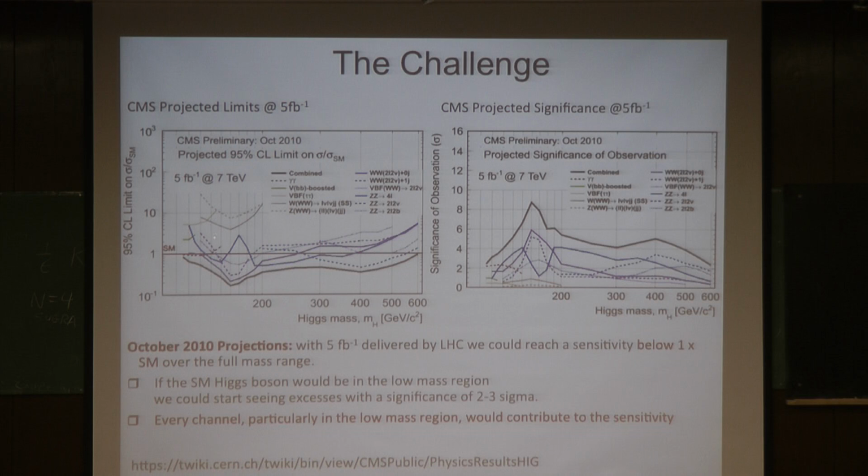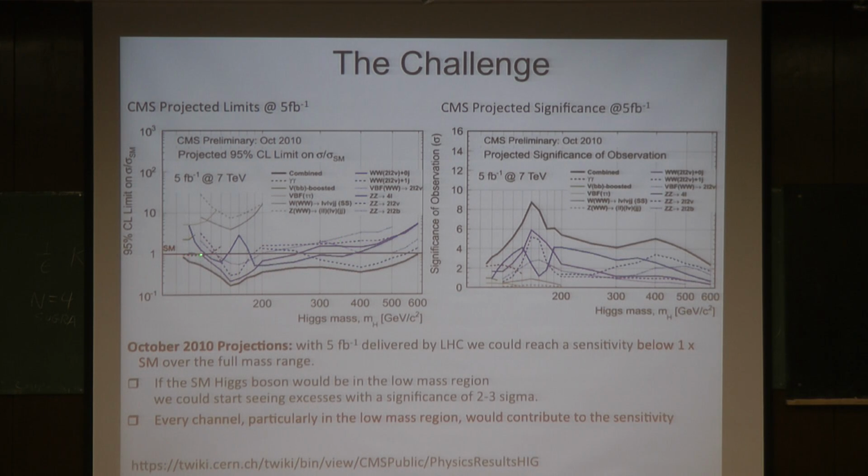So what we see here is the 95% confidence limit on the ratio of the cross-section over the cross-section of the standard model. So all these plots that have sigma over sigma standard model assume standard model couplings and the standard model Higgs. So they are, if you want, model dependent. They don't apply for fermiophobic Higgs and for other kinds of Higgses, all right?